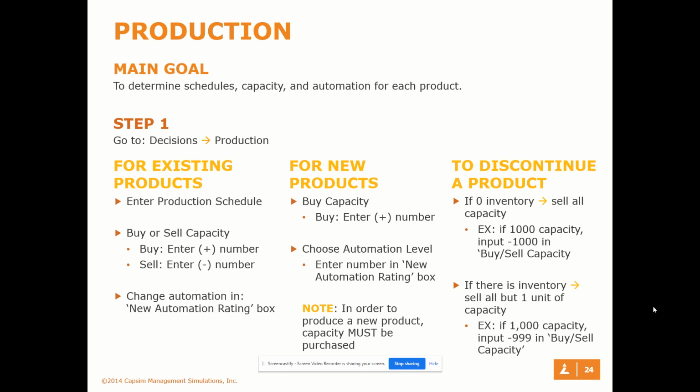In order to produce a new product, capacity must be purchased up front. So if you're selling capacity from one market segment, you can use that to buy capacity in another one if you're trying to do that. To discontinue a product, sell all the capacity. If there's inventory, at least one, then you can add or subtract capacity to that. Usually, it's not going to let you build anything new if